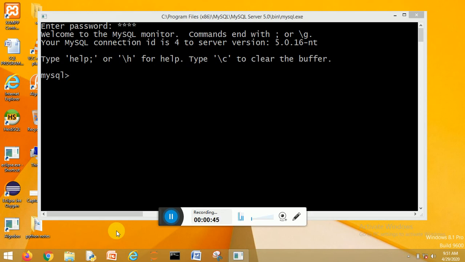Dear students, a foreign key is a key which establishes a relationship between two tables, and the primary key of one table acts as a foreign key in the other table.